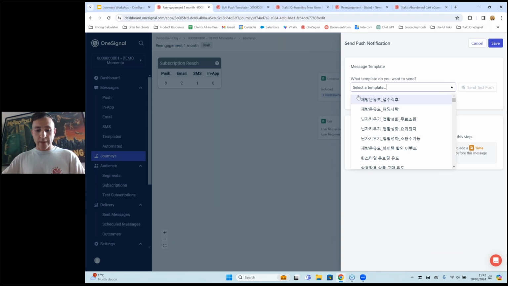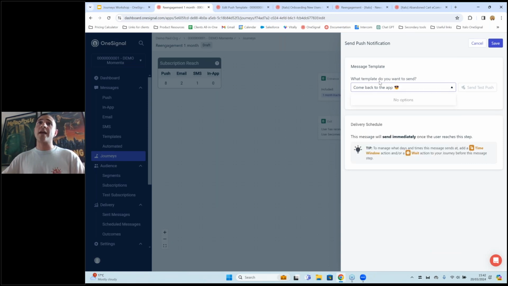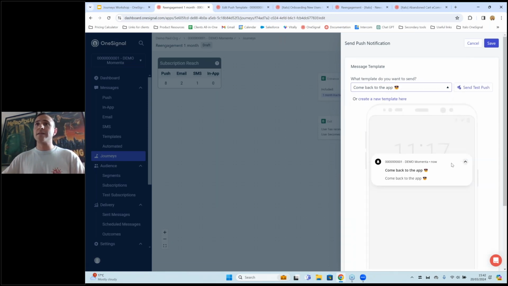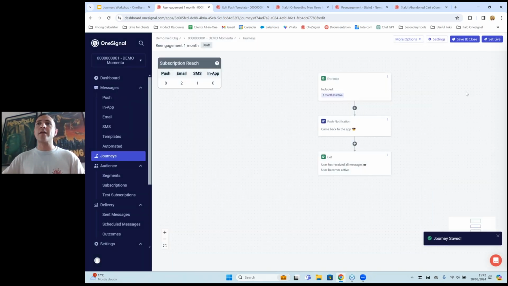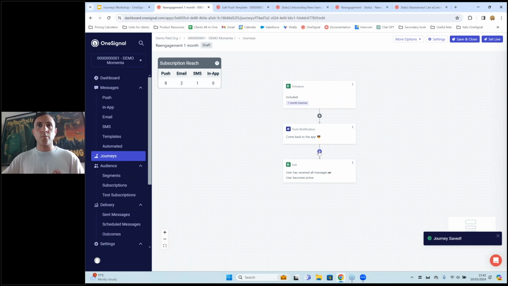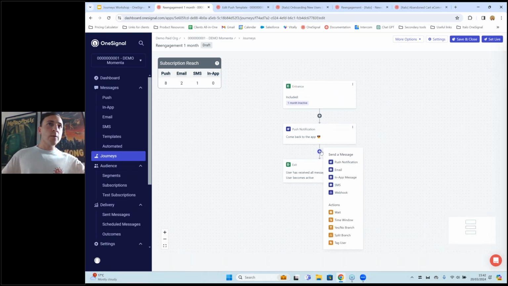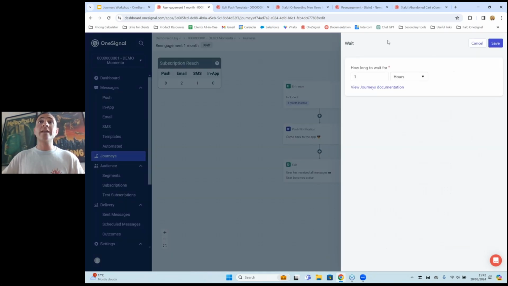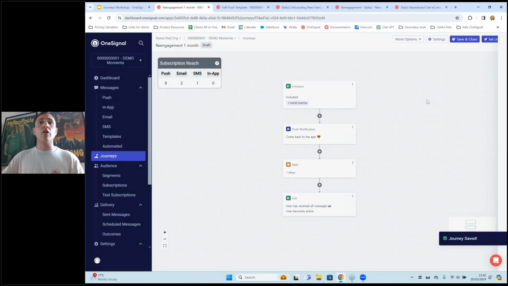And in the templates, I'm going to copy the message that I just created, and you can see that it's there, and we save it, and you already have the first message of the journey there, right? A very easy way to start using journeys is to add a combination of messages with wait nodes, right? So we can add a wait node now, after the first message was sent, of 1 hour, right?